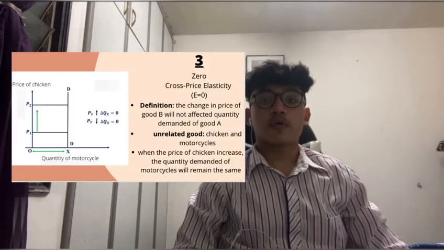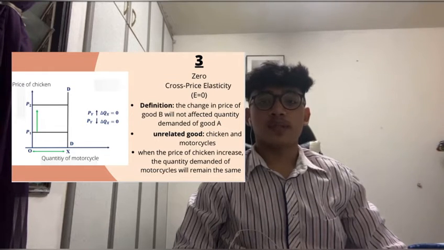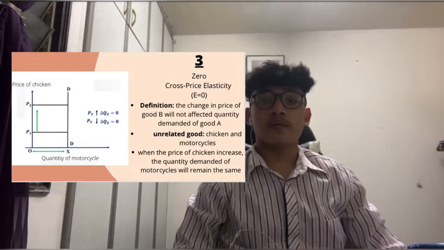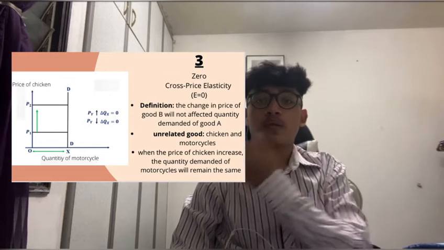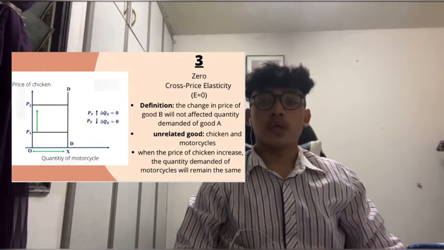Lastly, zero cross-price elasticity. Zero cross-price elasticity means when the change in price of good B will not affect the quantity demanded of good A. This is because goods A and B are unrelated goods, that is chicken and motorcycle. Based on this diagram, when the price of chicken increases from P1 to P2, the quantity demanded of motorcycles will